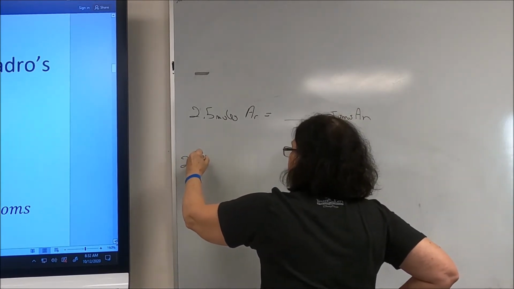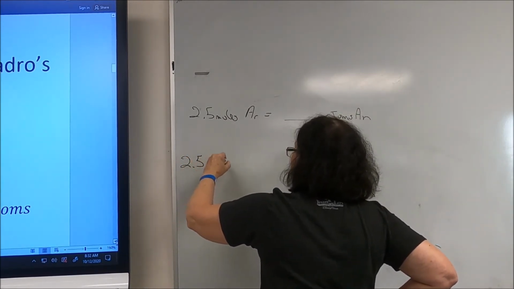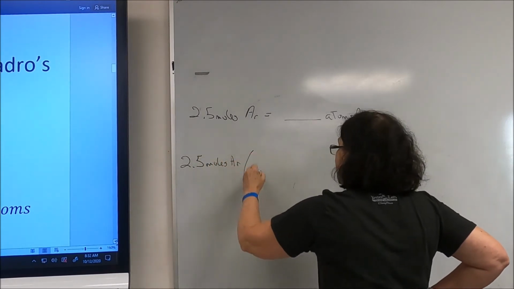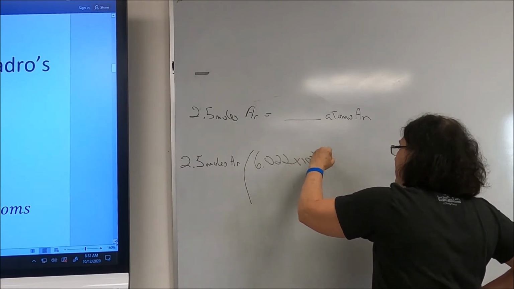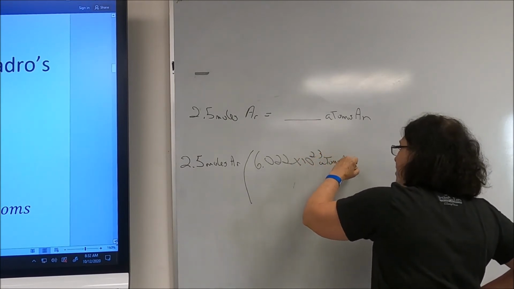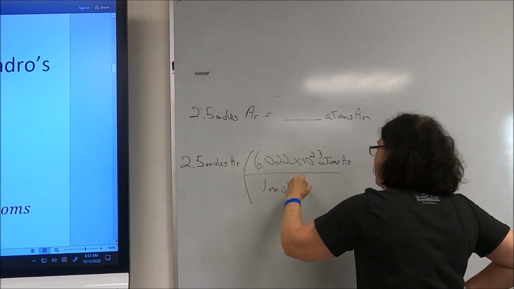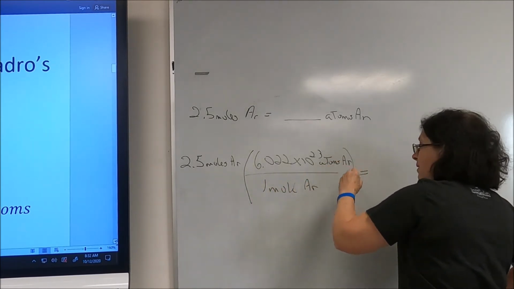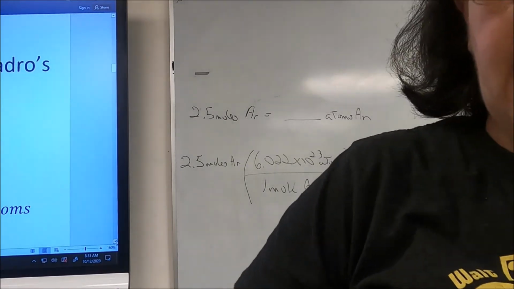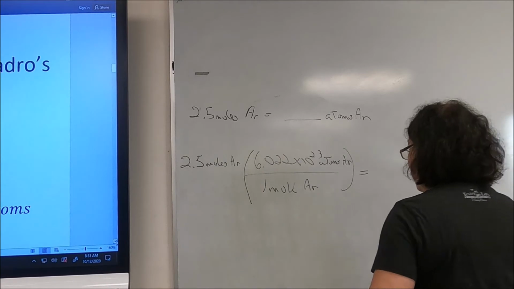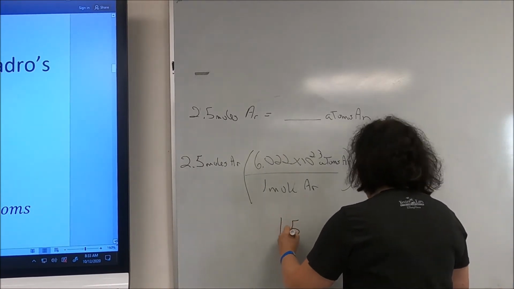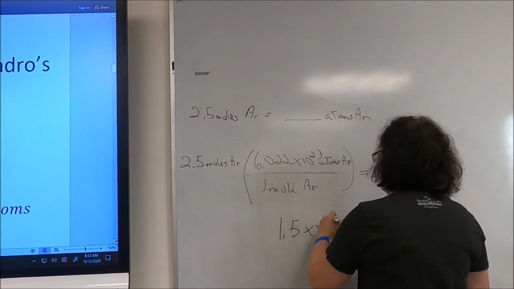Then all I have to do is go 2.5 moles of argon times 6.022 times 10 to the 23 atoms of argon for every 1 mole of argon. And I grab my handy dandy calculator, 2.5 times 6.022 exp 23, and I get an answer of 1.5 times 10 to the 24